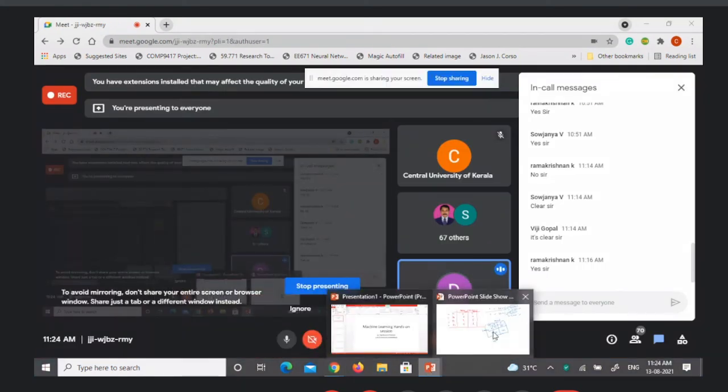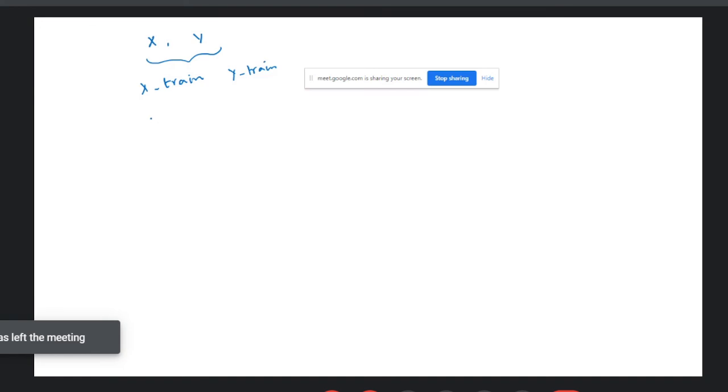So basically, for any classification, what you need to do is the data should be in X and Y. I'm just repeating it. And from this, you use the train test split and make X train, Y train, and X test, Y test.